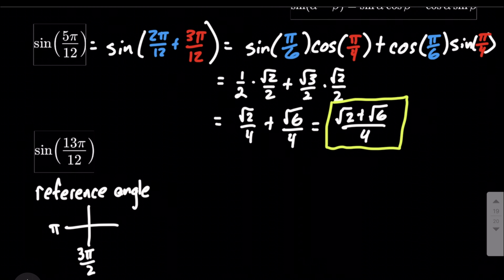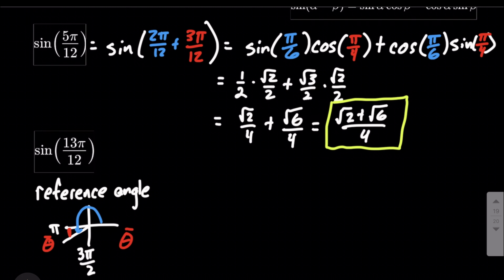13 pi over 12 is going to fit somewhere in the middle of these, so somewhere in quadrant 3. That initial angle wraps all the way around into quadrant 3. Our reference angle is going to be drawn to the x-axis. So the red angle that I'm drawing in here, that's where our reference angle is going to fit. To find that reference angle, and I'm going to call this reference angle theta bar,